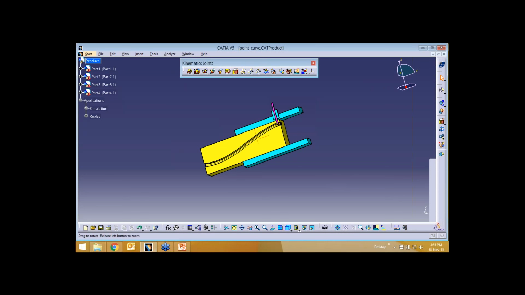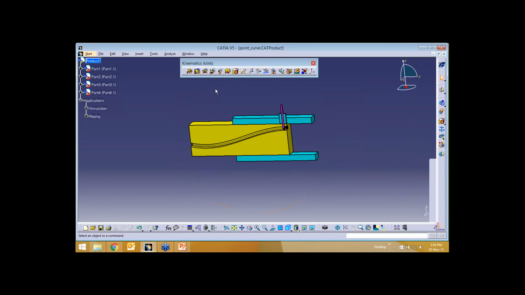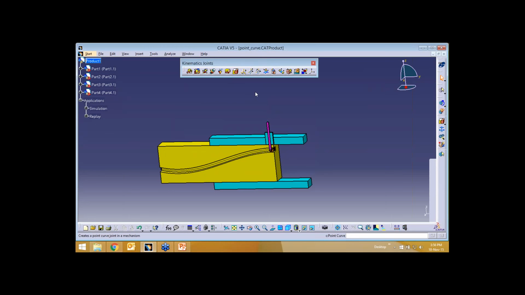So we'll see one example which has a combination of two to three different joints. Point and curve. For creating point and curve, to create this mechanism, we have to apply... See, this is the first example which we have seen.